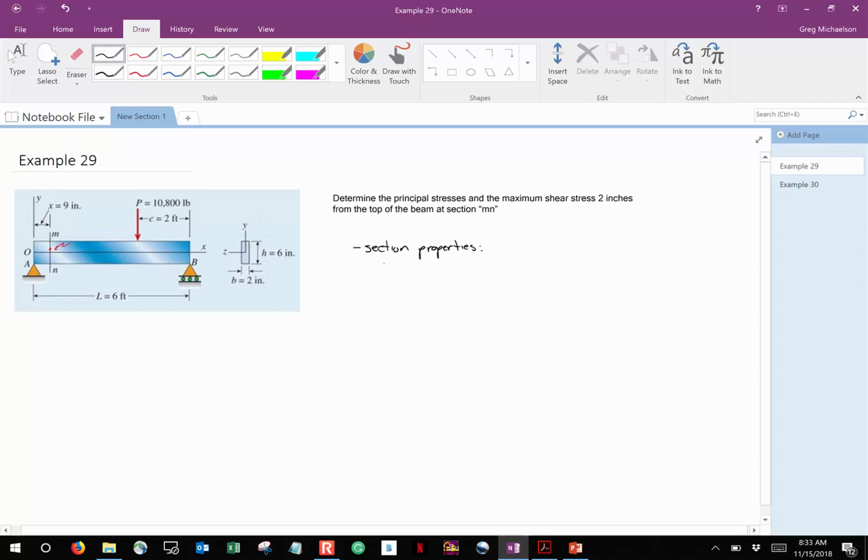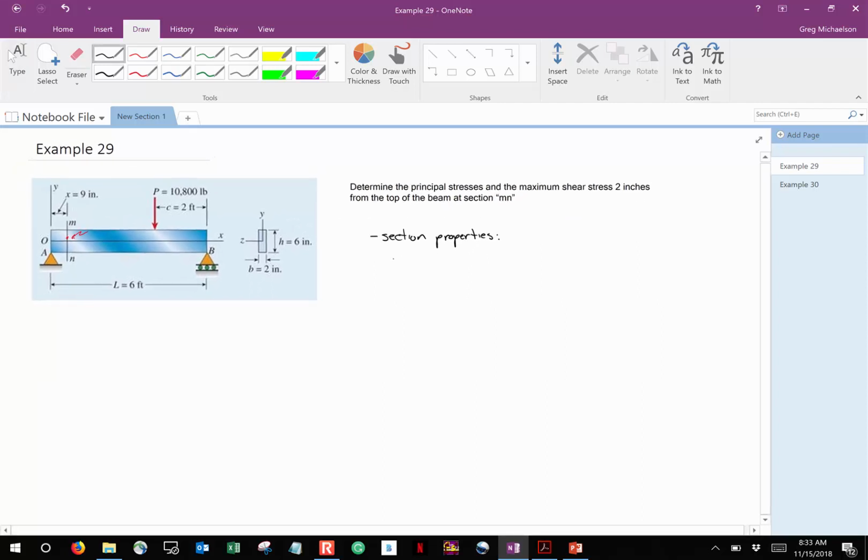So the first thing that we'll need is our moment of inertia, where we have a rectangular cross section that's 2 inches wide and 6 inches tall. So that's just going to be b h cubed over 12. So that's 2 times 6 cubed, all in inches, over 12. And then plug and chug, so that's 2 times 6 cubed over 12, and that's 36 cubic, or not cubic inches, sorry, inches to the fourth. That's inches to the fourth. Okay. Now we know our